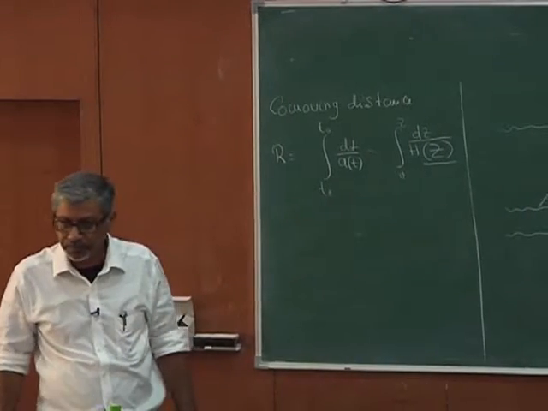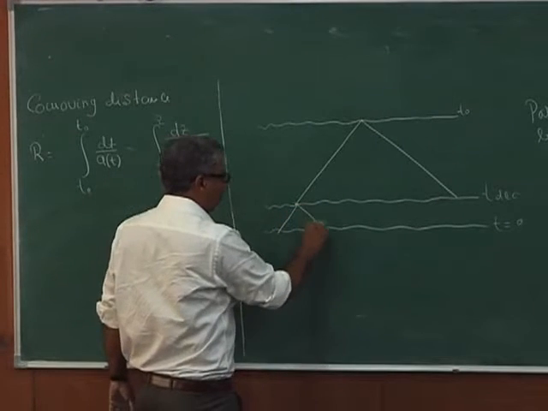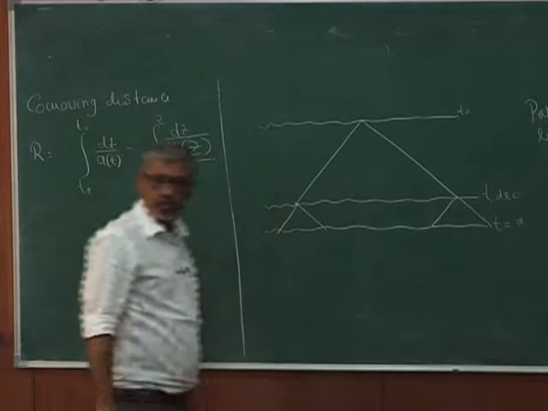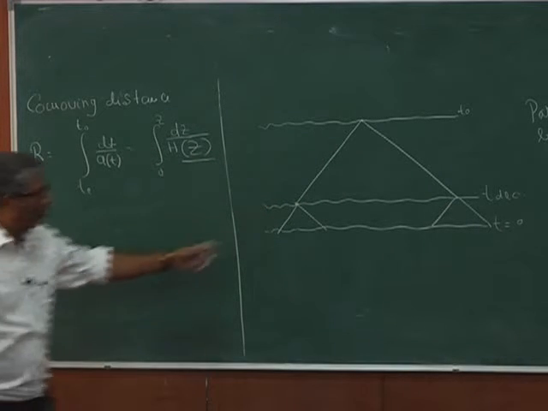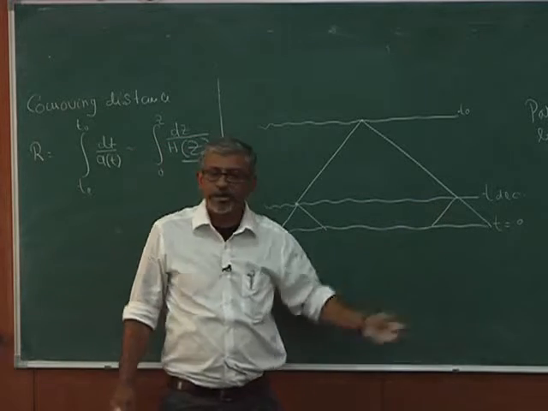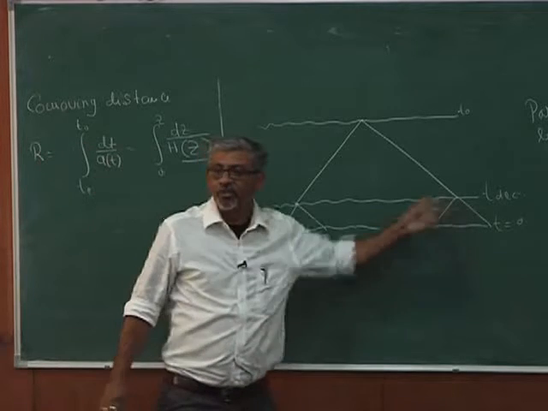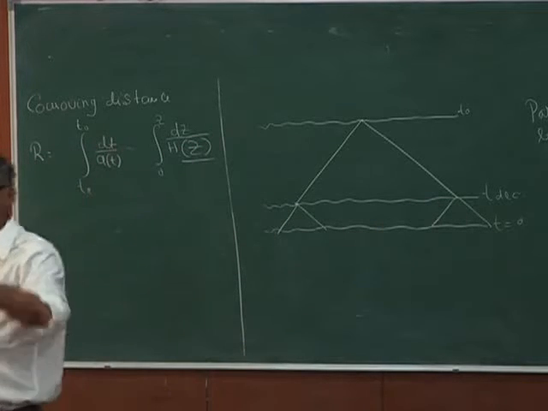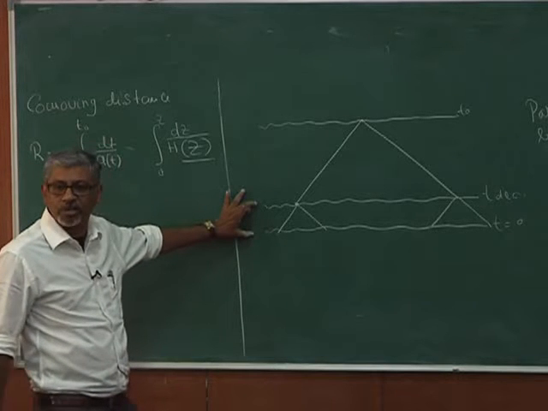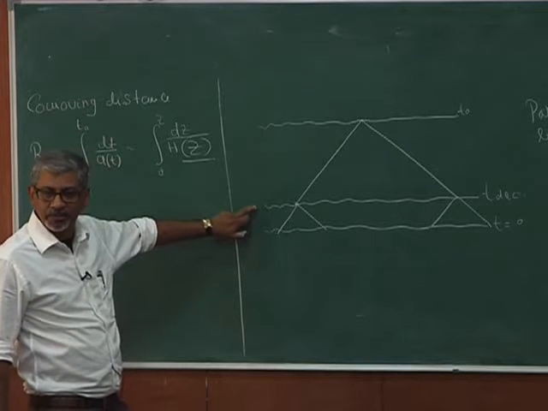Fine. Now from here, let us say this point, I draw a light cone. From here also I can draw a light cone. Okay. Now if I draw a light cone from here, if these two light cones never meet at t equal to 0, then these two points cannot be in causal connection from t equal to 0 to t equal to decoupling, because that is the time they have to get causally connected. Fine, t equal to 0 start and up to t equal to decoupling, this time.